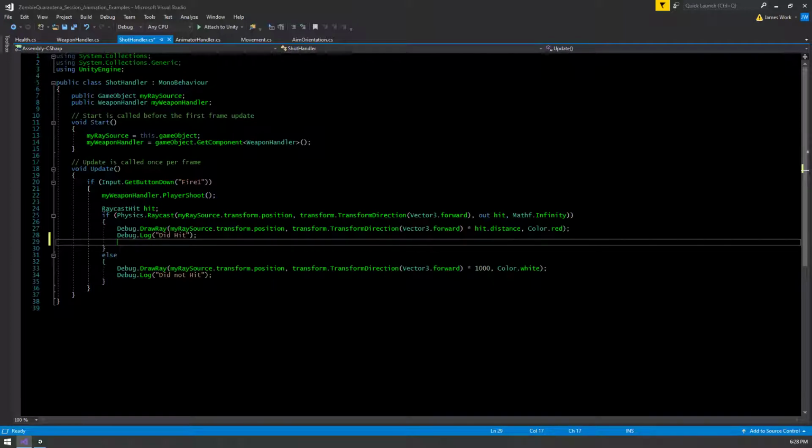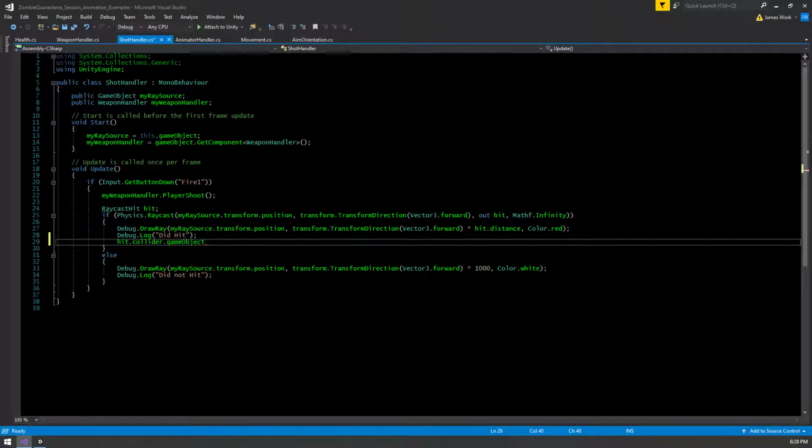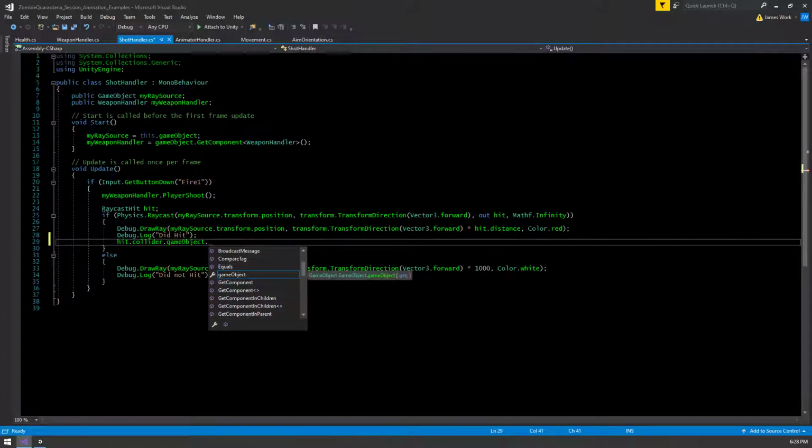One second. Is it hit.collider.gameObject? Is that one of my choices? Yes, it's right, exactly. Because it's a physics object, so it's got to have a collider on it. Thank you. gameObject dot